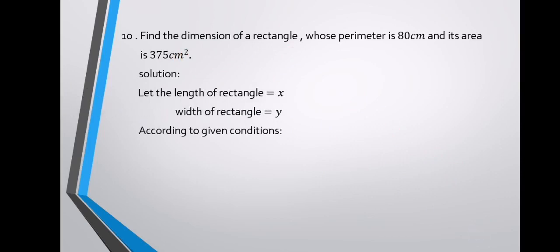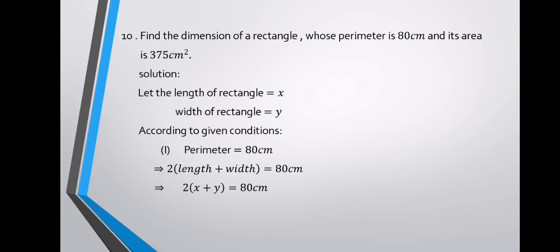Then according to the given condition, the first condition is that the perimeter is 80 cm. We know that the perimeter is the sum of all sides. Here we are talking about the rectangle, so it will be 2 times length plus 2 times width is equal to 80 cm. Putting x and y in place of length and width, we get 2 into x plus y is equal to 80. We can divide 2 on both sides in order to get it into a more simplified form. It will be,